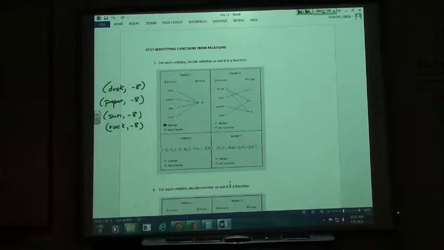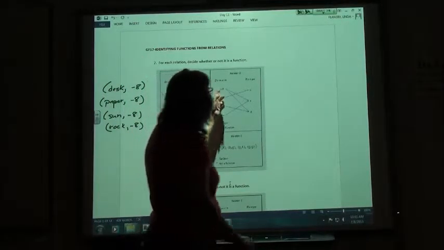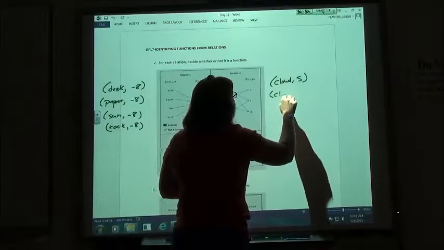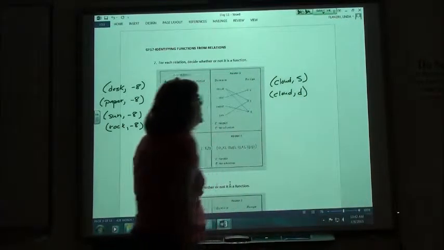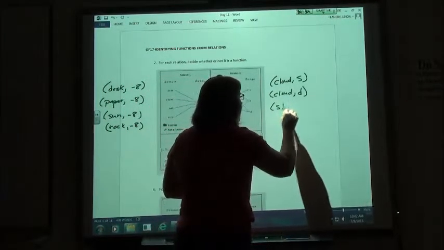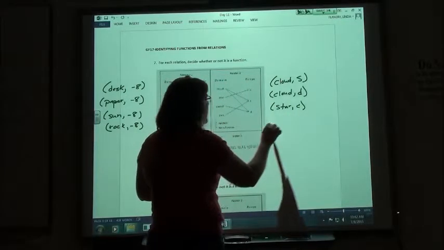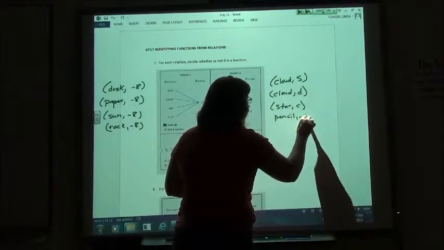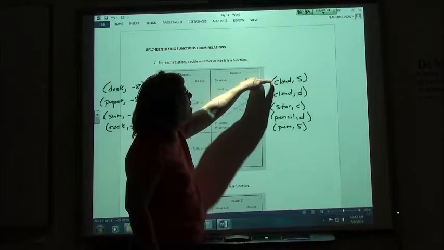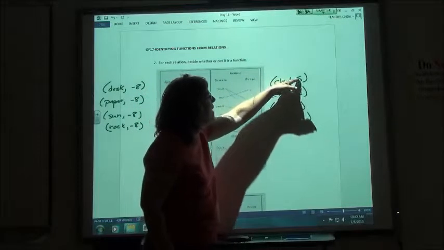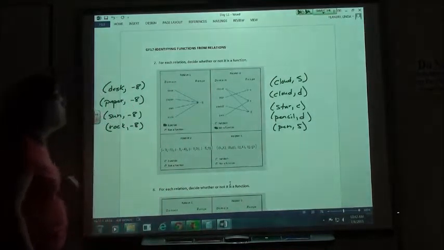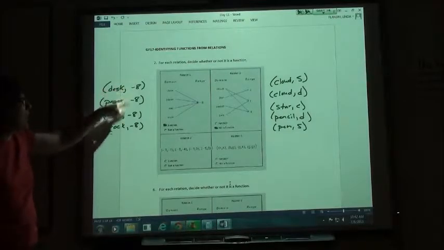Now the next one is an example of something that's not a function. If I were to write my ordered pairs, the cloud goes to S, but the cloud also goes to D. The star goes to C, the pencil goes to D, and the pen goes to S. But right here, because this value in my domain has two different answers in my range, it is not a function. So in order to be a function, each value in my domain can only have one value in its